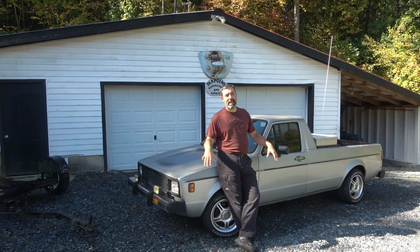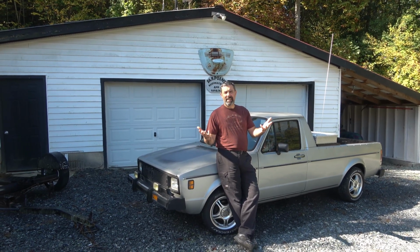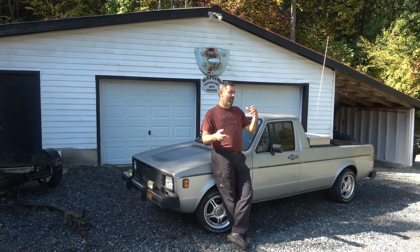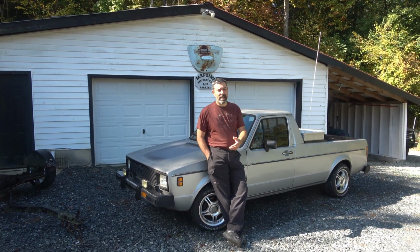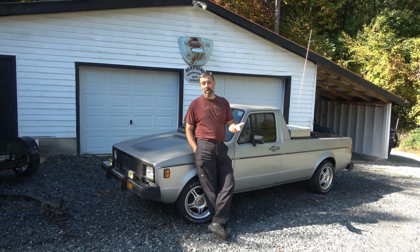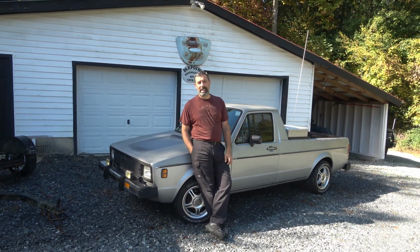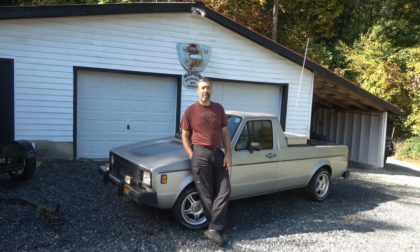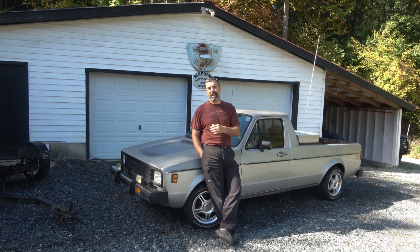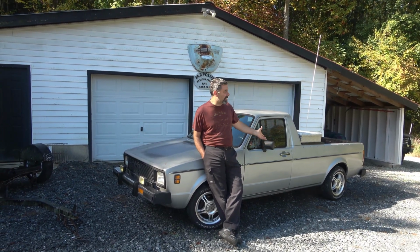I have owned this thing now for, what has it been, three years? Roughly two and a half, getting close to three. The first year I bought it, I drove it home. The second year, I drove it a little bit here and there and did some work getting it very reliable. Last winter, I rebuilt the engine and swapped out the transmission for a better transmission, and this year I've been kind of daily driving it. If you followed the series on my other channel, well then this is kind of the intro